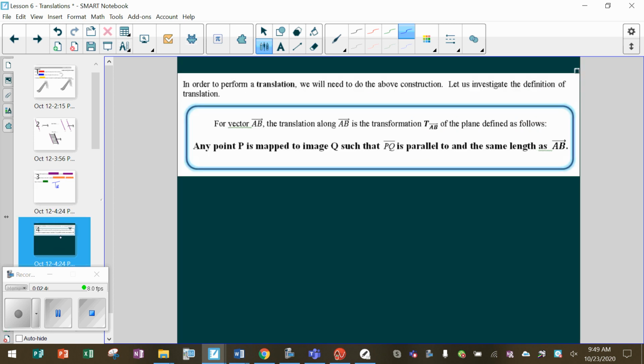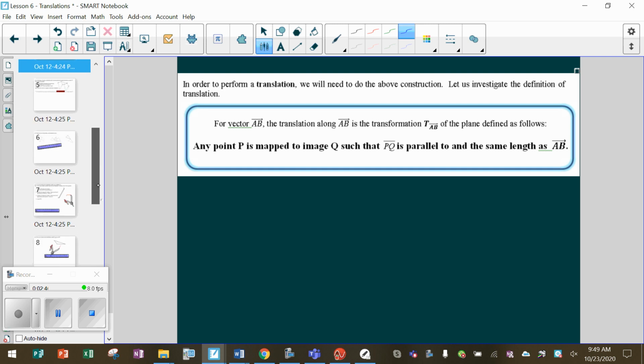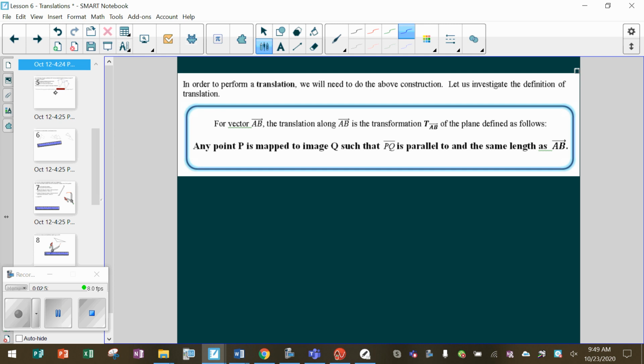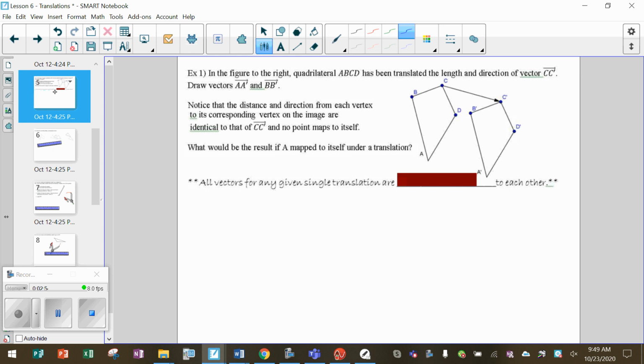In order to perform a translation, we have to do a construction that moves every point the same distance in the same direction. But we don't actually have to do the translation of every point. We just do the key points, the vertices, and then connect them when we're done. So if we look at this translation,